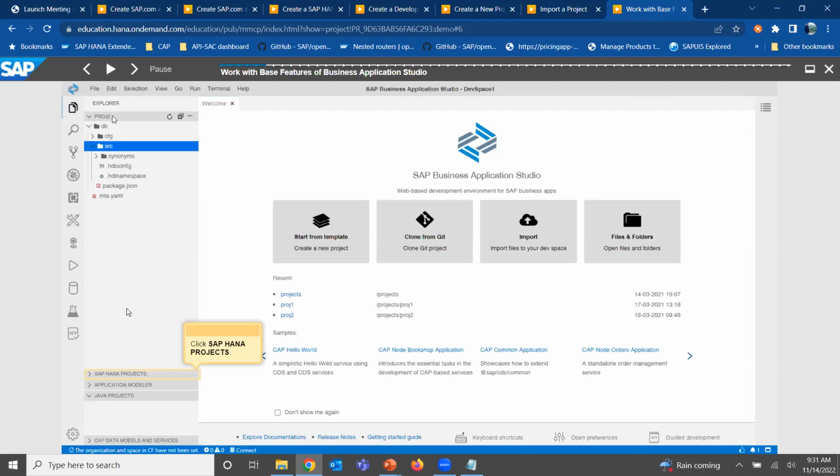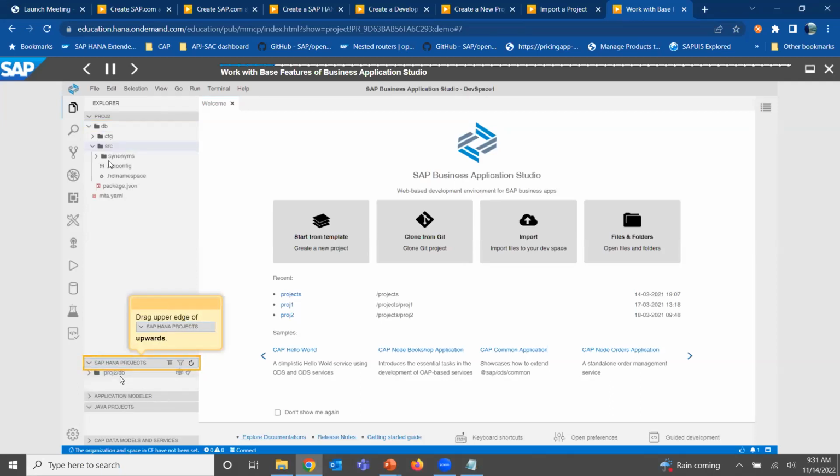Inside this Explorer pane, you also have this SAP HANA projects pane coming here. If you see, it automatically recognizes DB as a HANA project, and you can open it from here for deployment and other options.